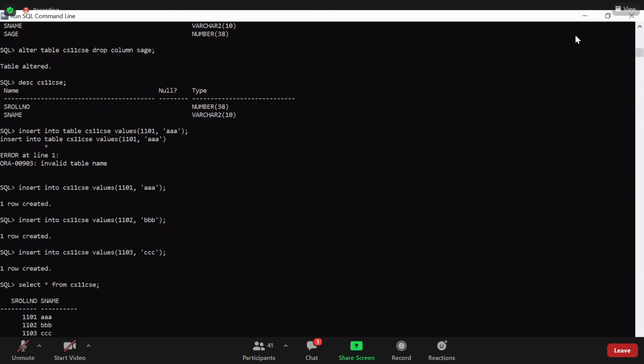Suppose you want to delete all the 3 records at a time, but the structure should remain as it is. The table CS11 CS should remain as it is with the roll number and name. But all the records that you have entered, you want to delete at a time.